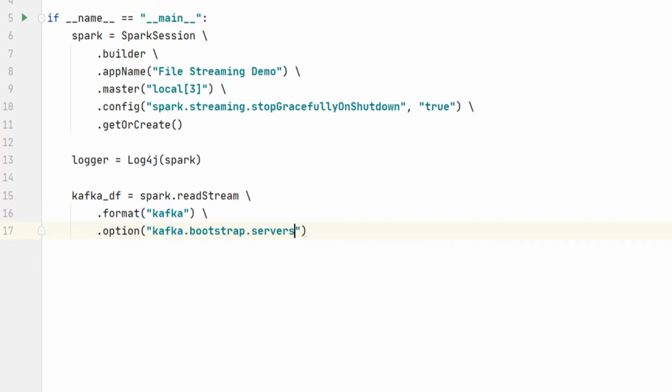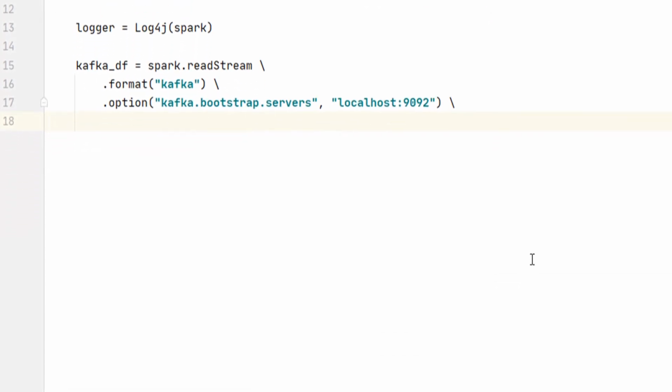So, the first option is the Kafka Bootstrap servers. You can give a comma-separated list of broker coordinates. But I'm running a single node Kafka cluster, so I'll be giving a single hostname and port. The Kafka source connector internally uses Kafka Consumer API, so the next most crucial thing is to subscribe to a Kafka topic. I want to read from the invoice topic, so I give the topic name as the invoice.